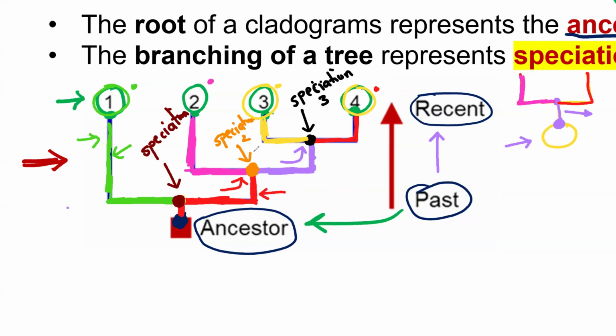I urge you again, grade 12 learners, please go back and watch the speciation session. Understand what speciation is so that you can be able to model it using a phylogenetic tree. But at the end of this video, we're also going to do an example of a real phylogenetic tree and try to give some interpretation to it as well. Are we together, grade 12 learners? Yes, sir. Yes.